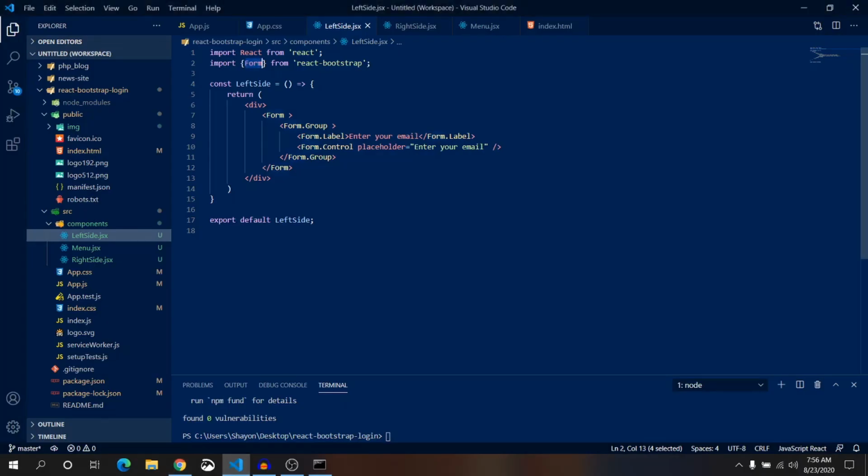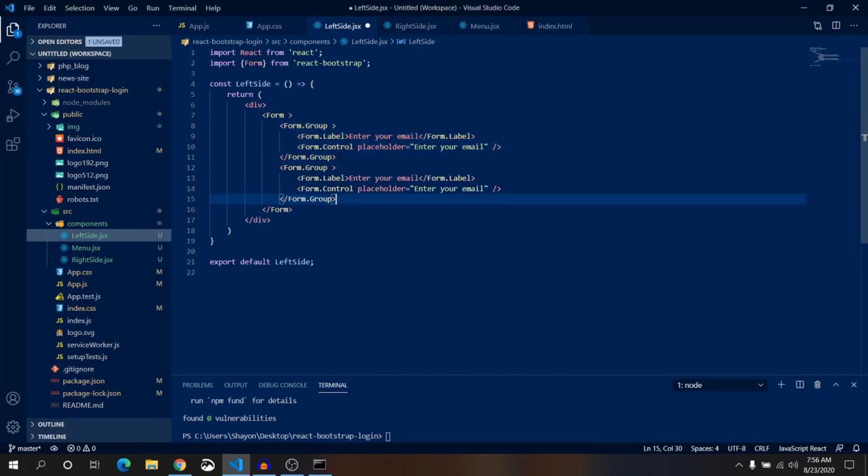Let's use another form group. It will be enter your password, and there will be a type is equal password. So if you enter anything, there will be only star sign.